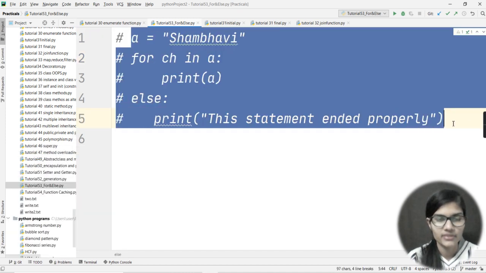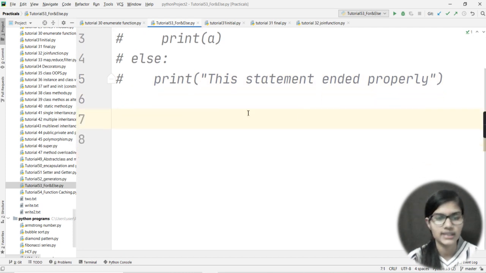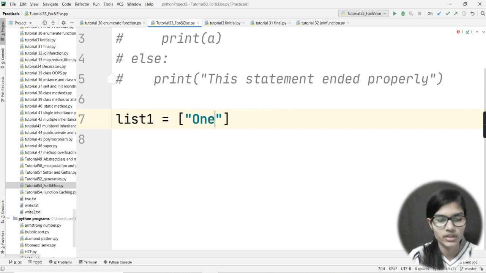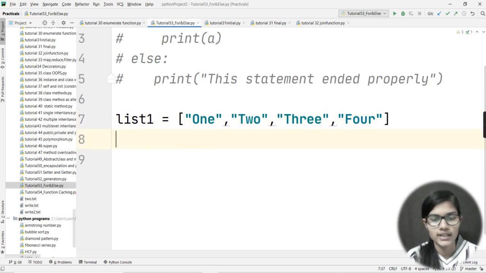Let's take one more example for demonstrating this thing. Okay, let's go down and let's do one more example. Let's say I again have taken a list here. Let's say my list is again list1, and here in the brackets I want to store something. I would write 1, then I would store 2, then 3, and let's say I would store 4 also. So I have made a list, the variable for that is list1, and inside that I have stored these 4 items.